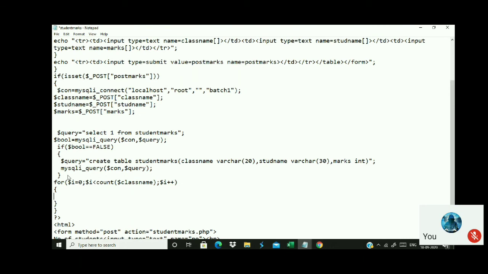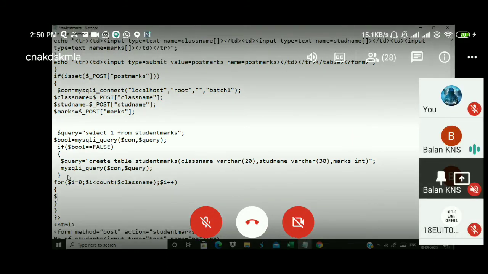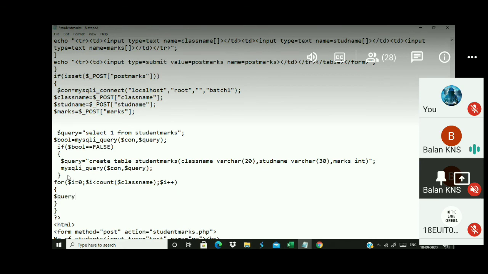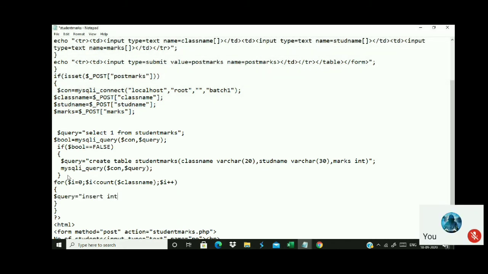Now I am going to extract this, so I write like this. I have to insert all this data, so write a query here. Query equal to insert into, the table called student marks.